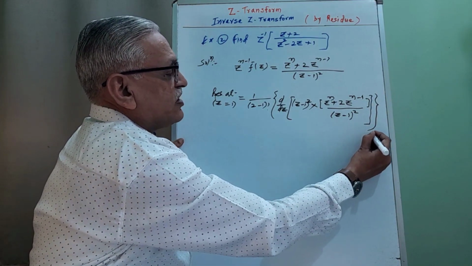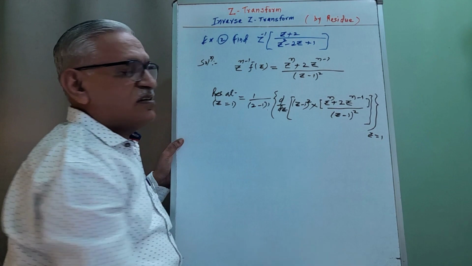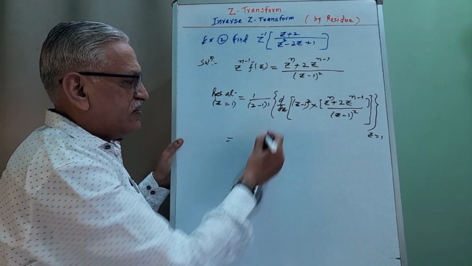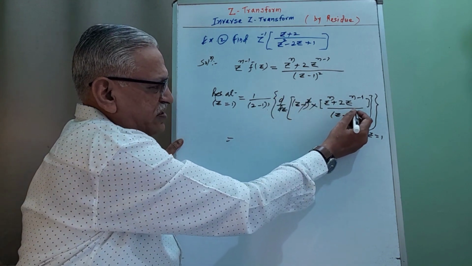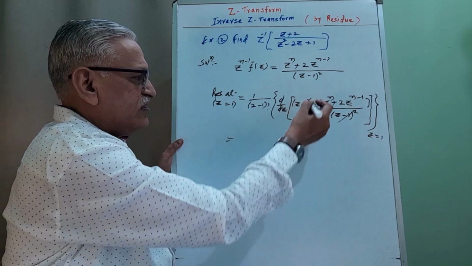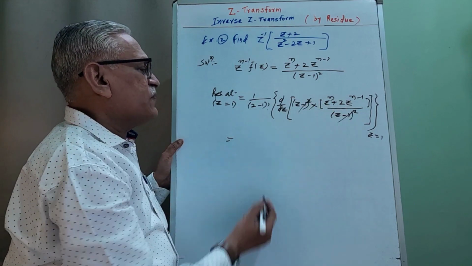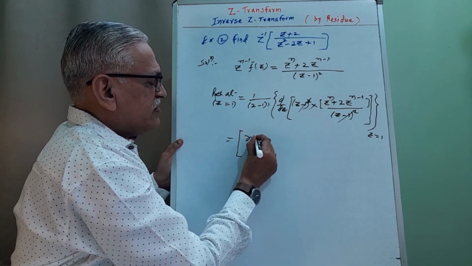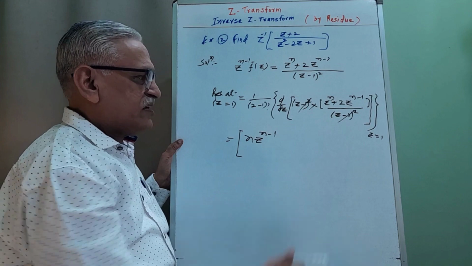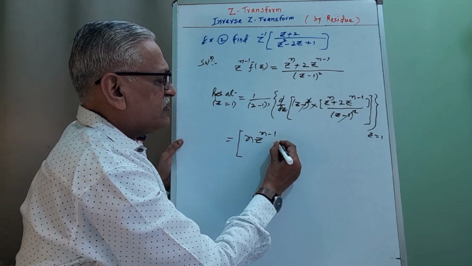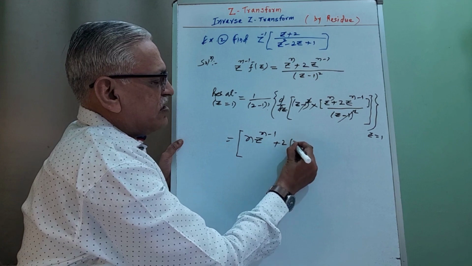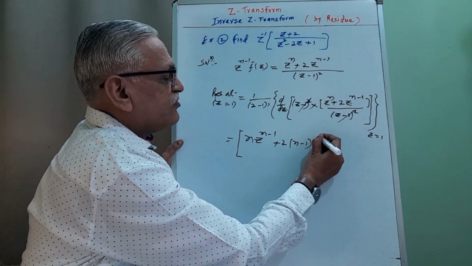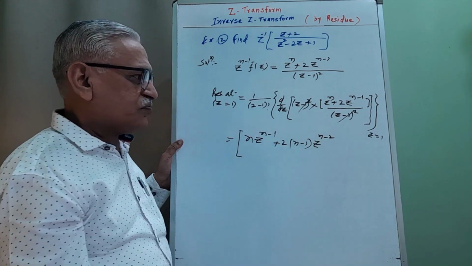And at z is equal to 1, after determining the derivative. And therefore, 1 by 1 factorial is 1. This z minus 1 whole square cancels with this z minus 1 whole square. Differentiating this term with respect to z, we get derivative of that first term is n z raised to n minus 1. Differentiation of the second term is 2 times n minus 1 z raised to n minus 1 minus 1. Therefore, it becomes n minus 2